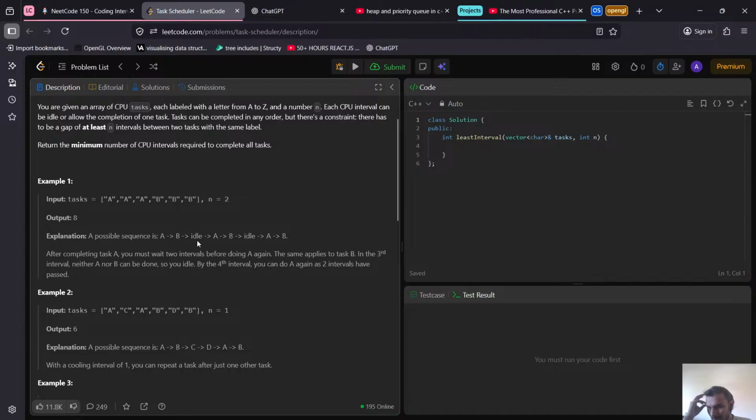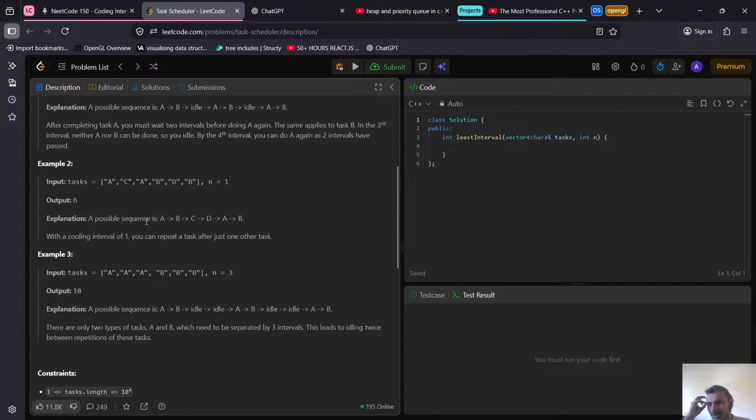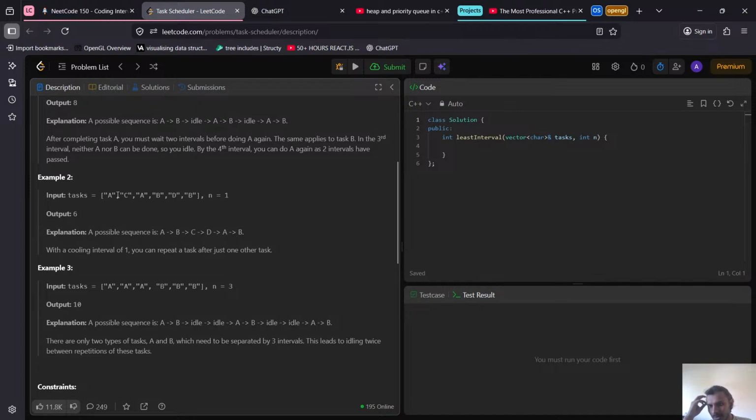For B we have waited 1 interval, then 2 intervals, then B. Okay. So for this it will be A, then B. Yes, then again we can do A, B. We can do A, not in any order. Okay. A, B,